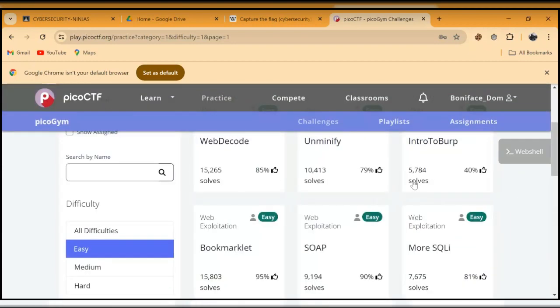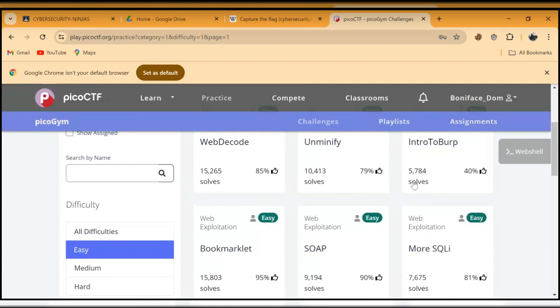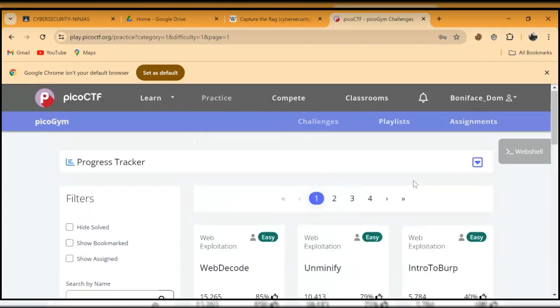All right, so this is PicoCTF. Like I said, we are actually going to open an account on PicoCTF at the same time. So lastly, now some of us that, let me say, we don't have